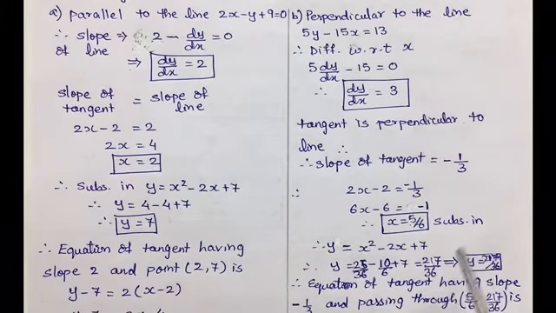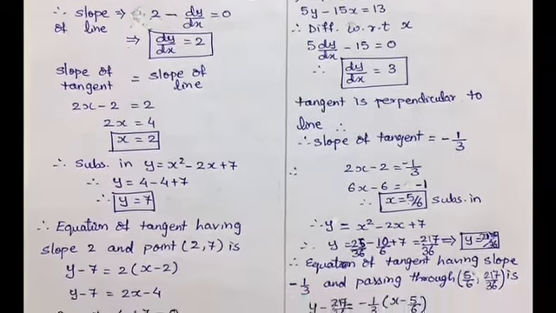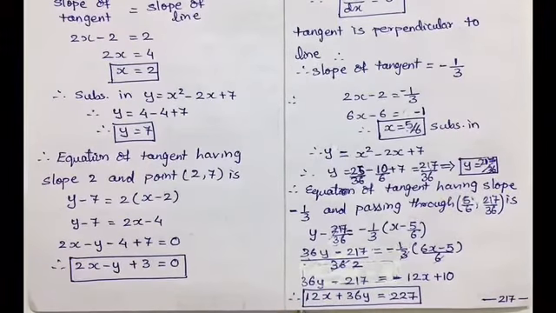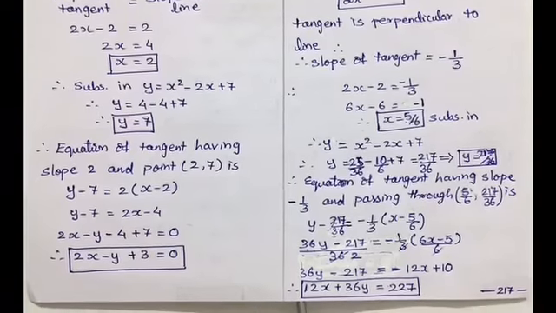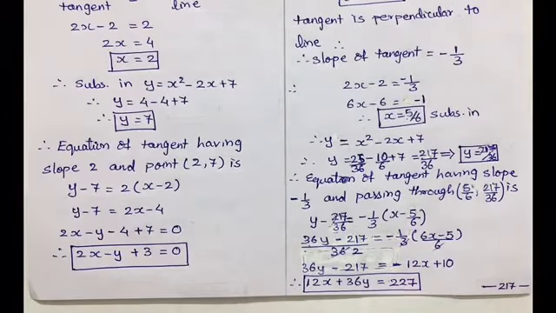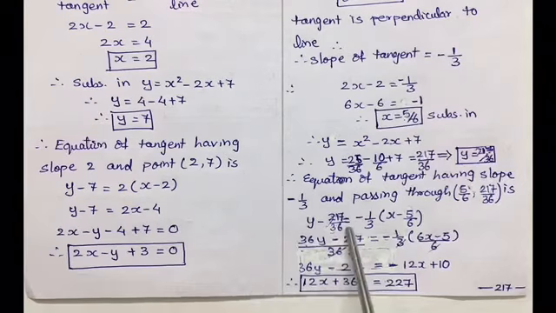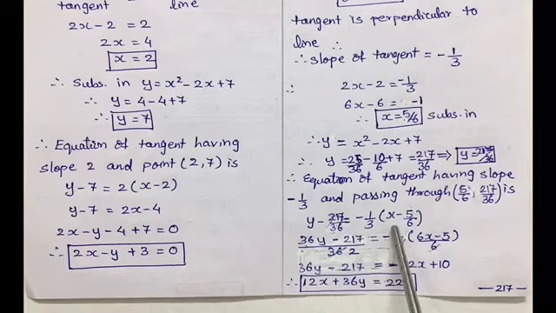So the slope is known to us, the point is known to us, hence using the point slope formula we can easily calculate the equation of the tangent. But here we have to be very careful in simplifying it as the values are large. So taking up the point slope form, y minus y0 equal to slope times x minus x0.